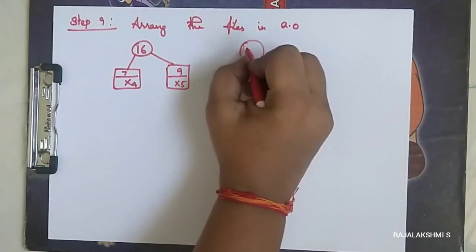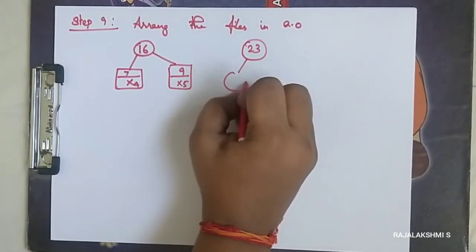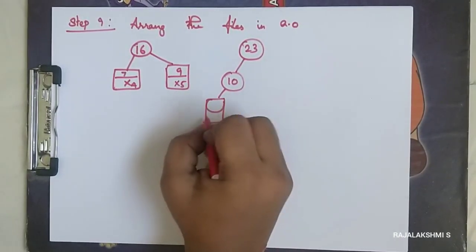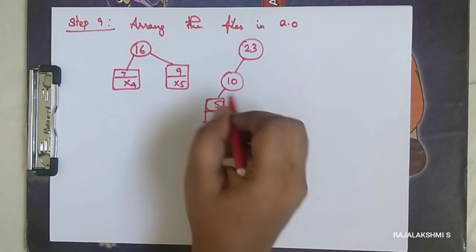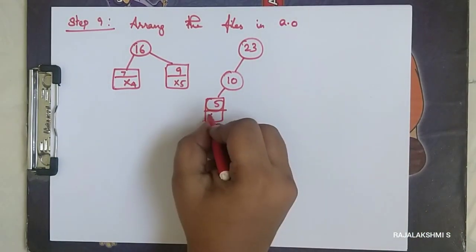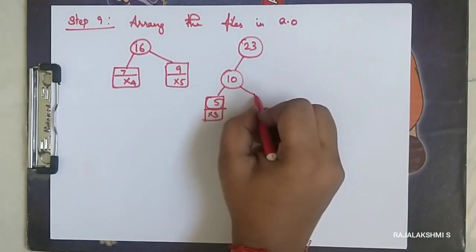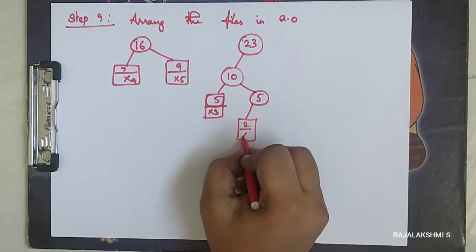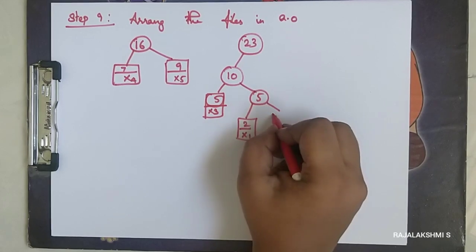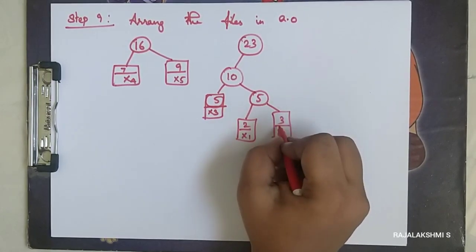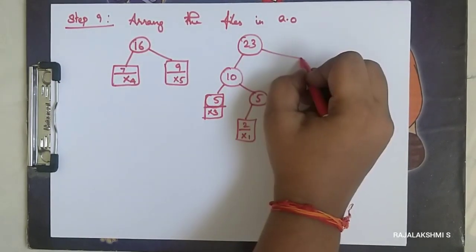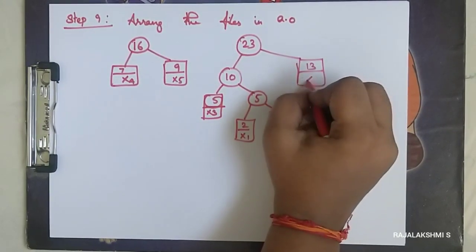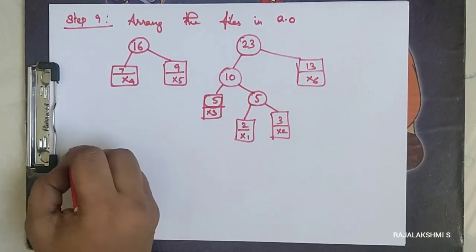Okay, and here they have 23, 10, sorry it is 5 x3 and here I have 5, 2 x1 and 3 x2 and here 13 x6. So now combine. Step 10,